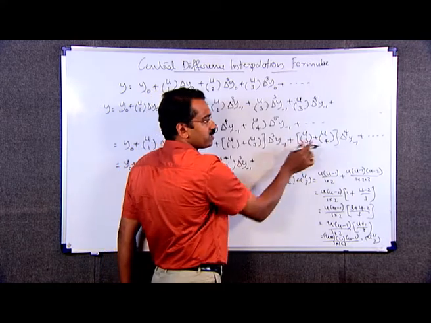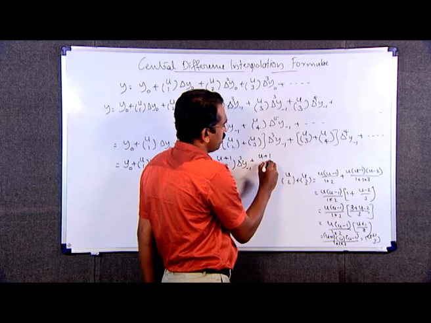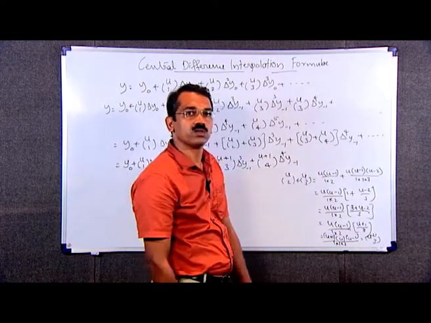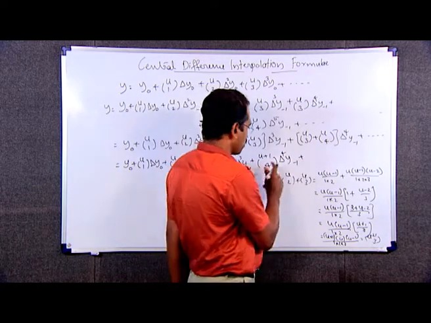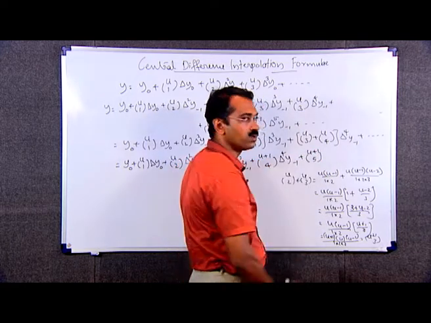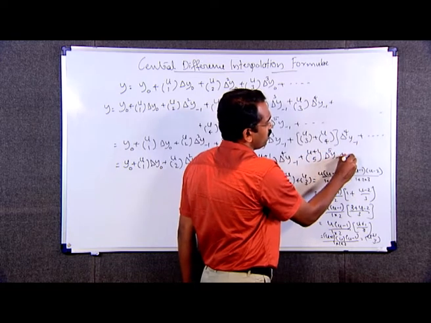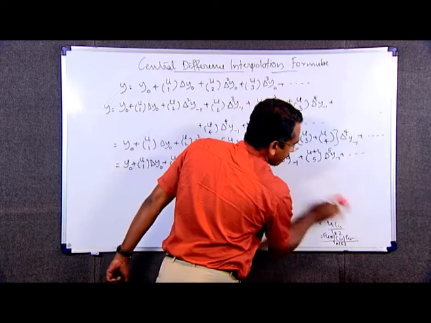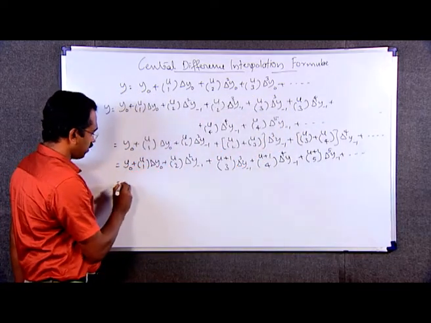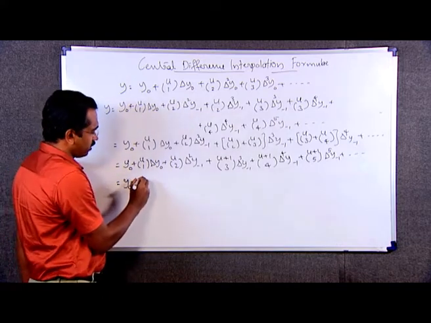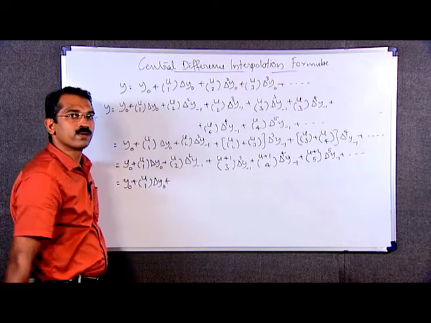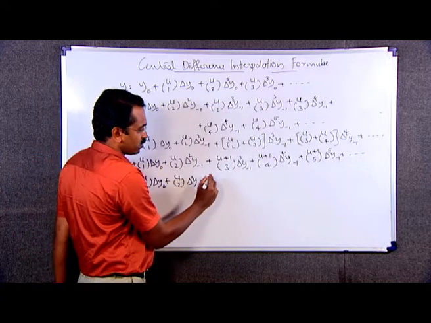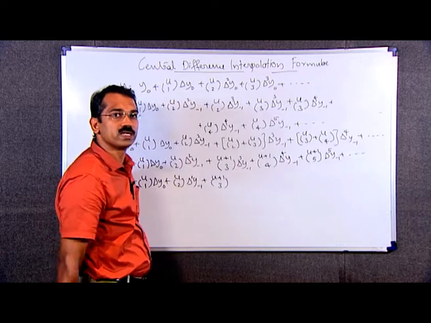Similarly, uC3 plus uC4 can be written as u plus 1 C4 into delta raised to 4 y minus 1 plus the next term will become u plus 1 C5 into delta raised to 5 y minus 1 plus etc. That is y naught plus uC1 into delta y naught plus uC2 into delta square y minus 1 plus u plus 1 C3 into delta cube y minus 1